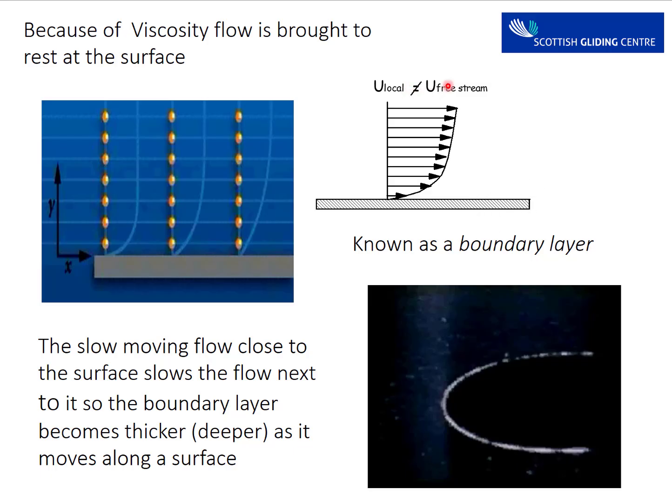Irrespective of what the free stream velocity is, right next to the surface, due to viscosity, the flow will be brought to rest. So if I have an aircraft flying at 500 knots, then the free stream velocity will be 500 knots, but the velocity of the flow right next to the surface of the wing or the fuselage will